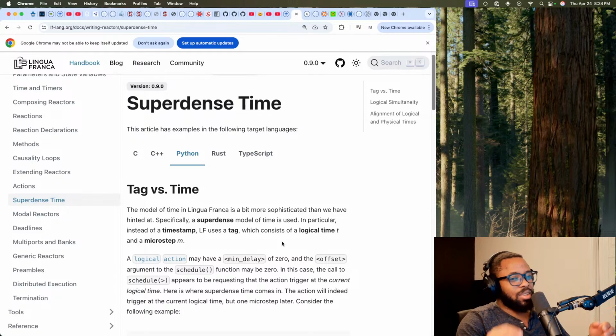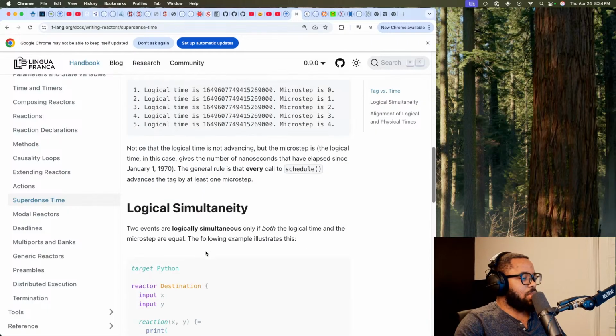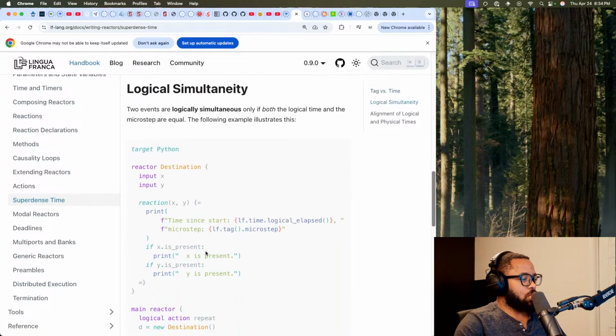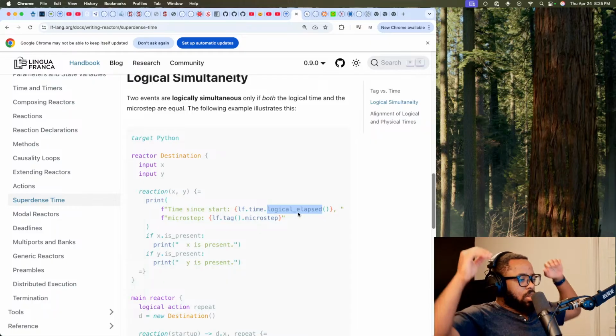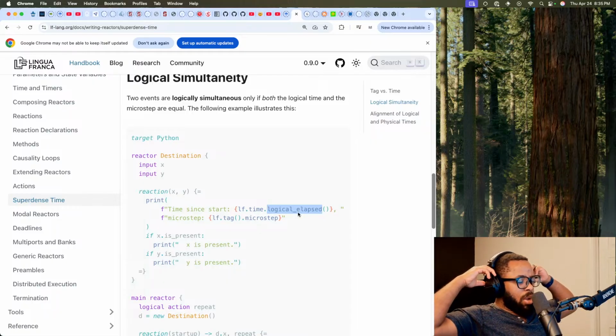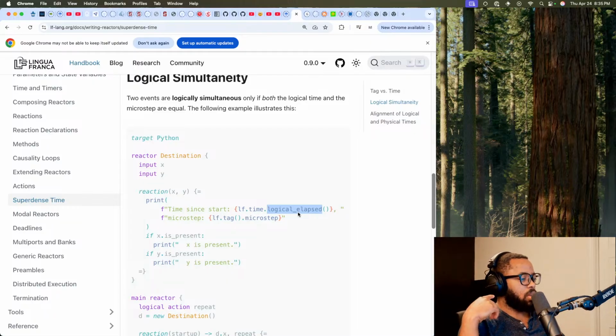See, not great. Yes, so I'm not really sure what the difference is between logical time and micro step, except for the fact that a micro step is what advances the logical time.